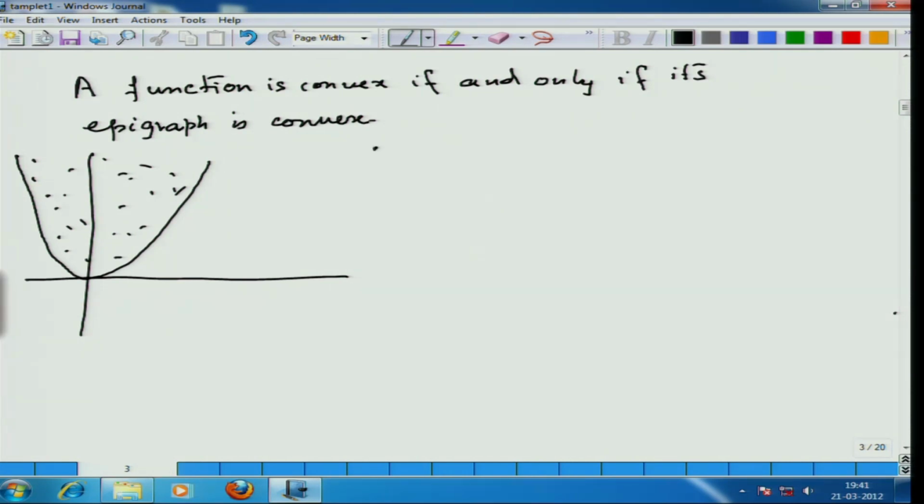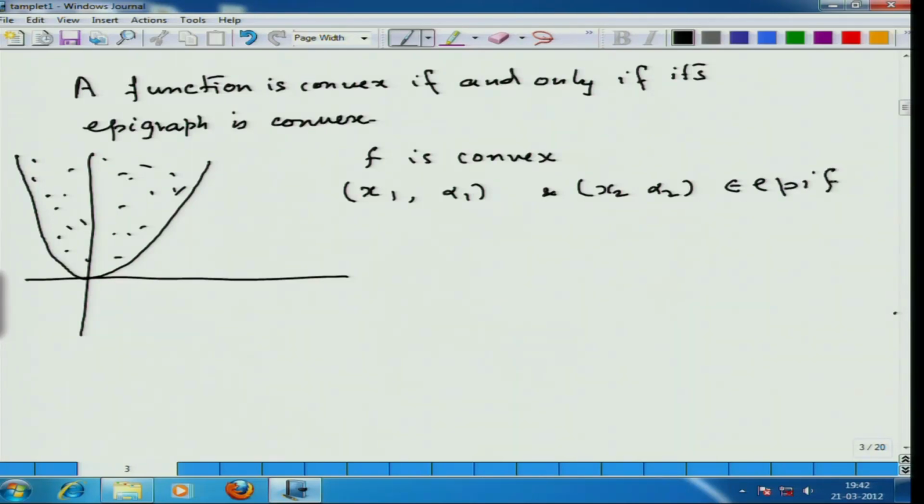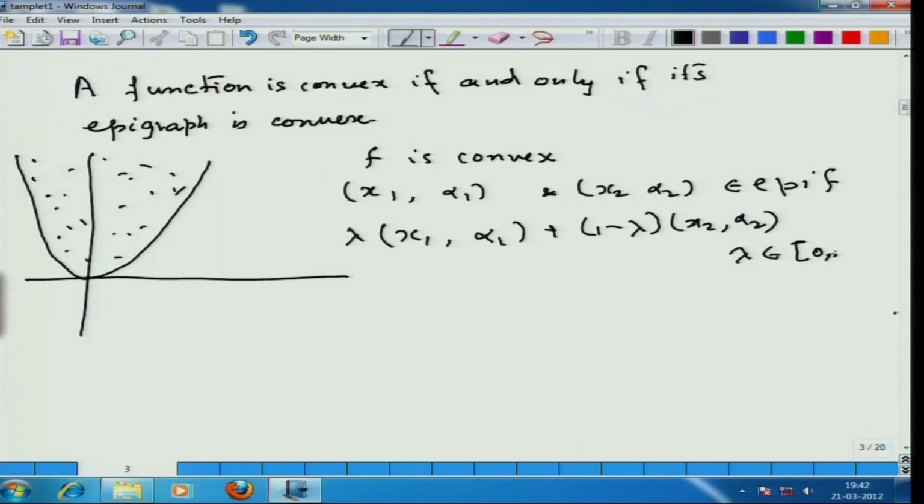So, let us assume that f is convex. Now, you consider two elements (x1, alpha1) and (x2, alpha2) from the epigraph of f, both of them. Now, if you make a combination lambda (x1, alpha1) plus (1 minus lambda) (x2, alpha2), where lambda is some number between 0 and 1,